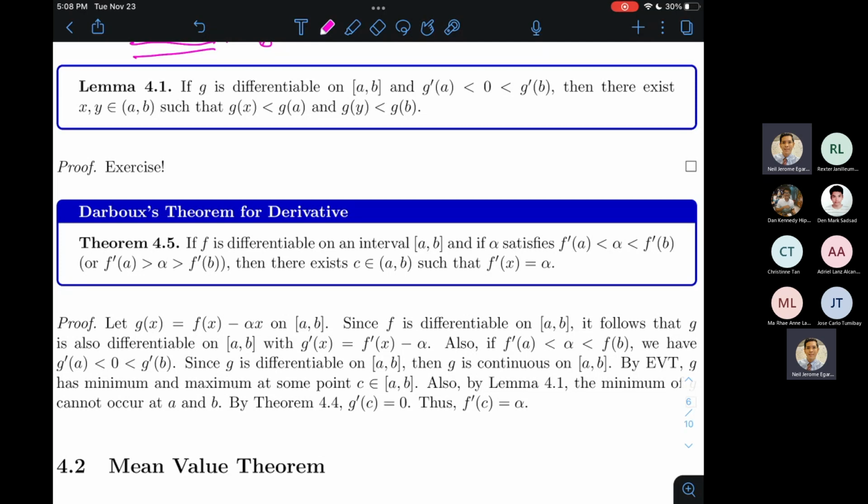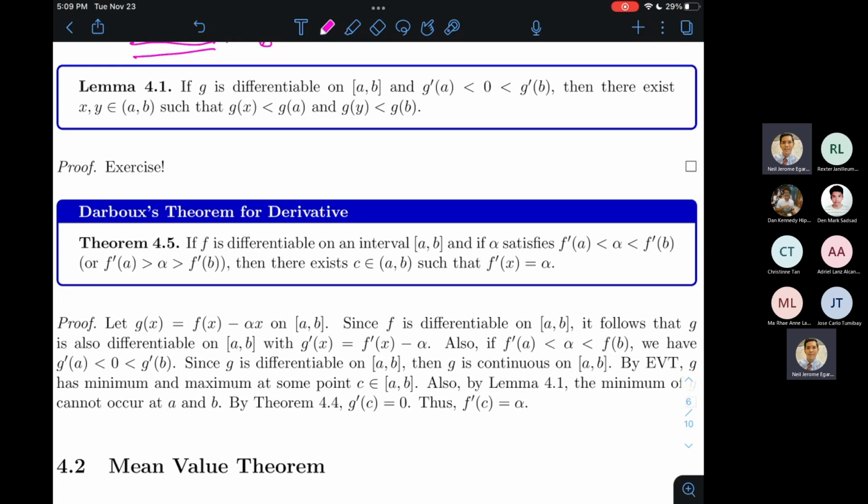Masyadong tahimik yung klase. But that is usual for you. Pero may tanong ba kayo, guys? If you don't have any questions, you can use the like button para lang malaman ko na nandyan pa kayo. Di ba talaga kayo nagre-react or di ko lang nakikita yung reactions? Something must be wrong with my connection. But I hope you guys are good and still there. Or info overload na ba kagad? Or you guys are already anxious about the problem set tomorrow?